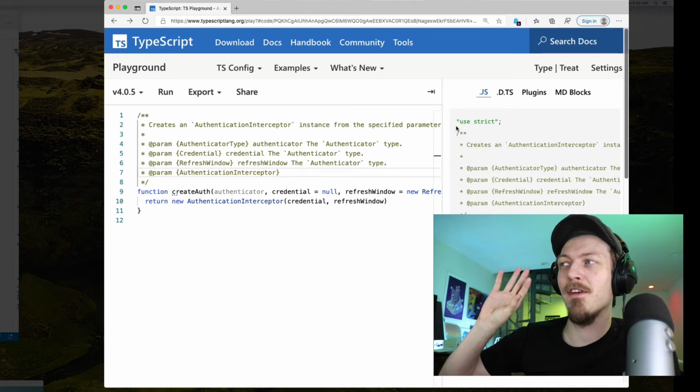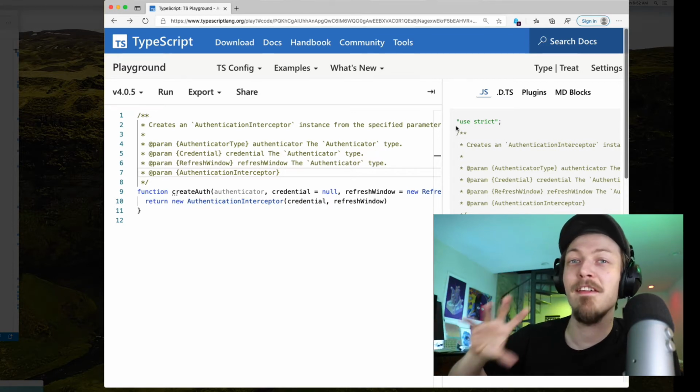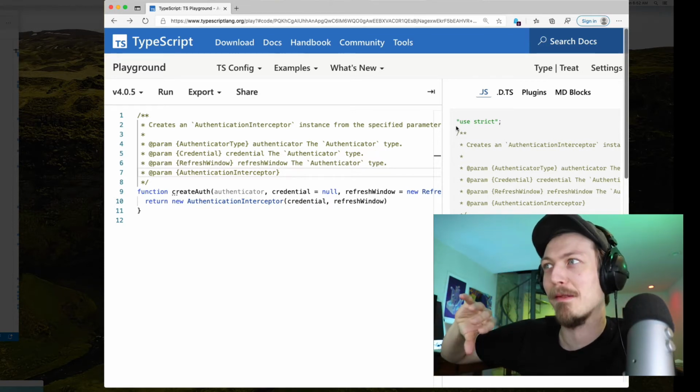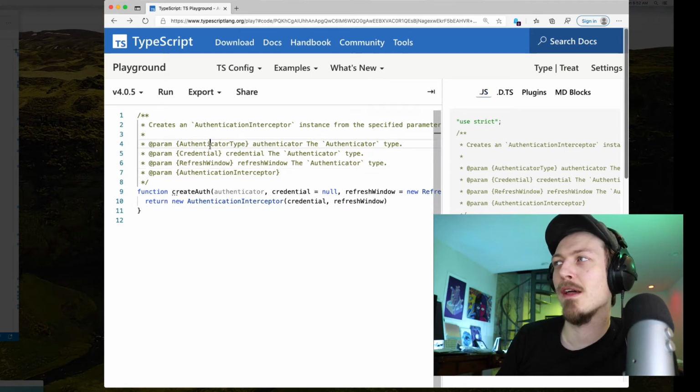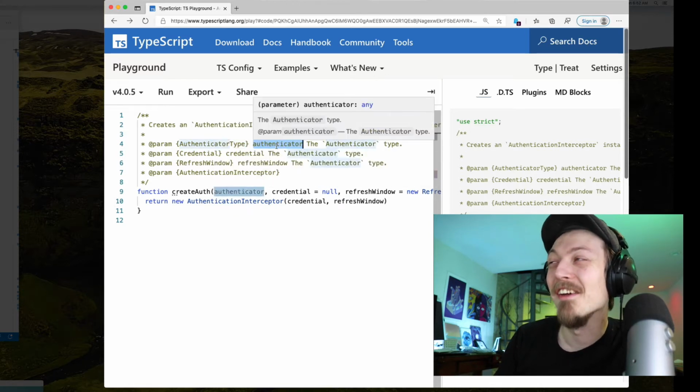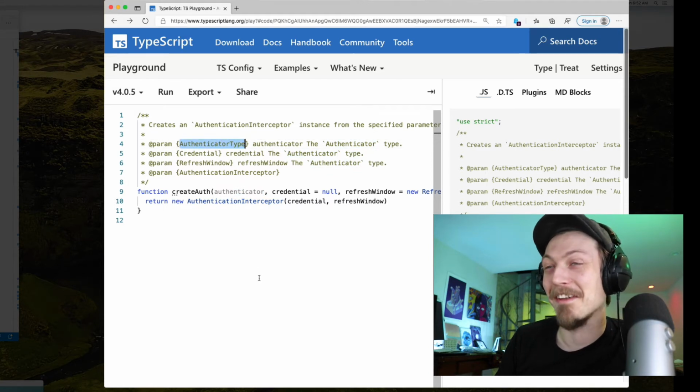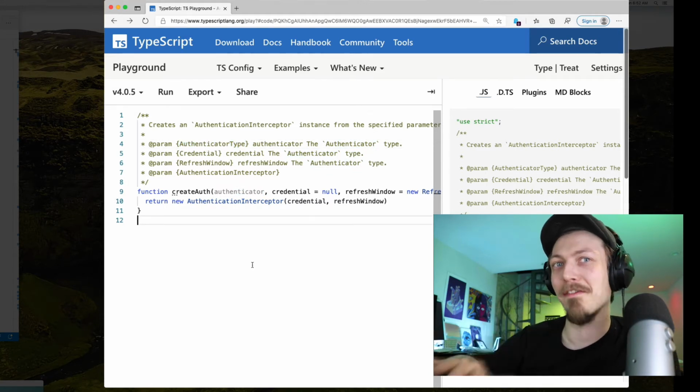Well, if a JavaScript user writes this, we take these comments and we turn that into the type system. And so you would get type checking that this parameter authenticator is the type authenticator type inside your JavaScript code.